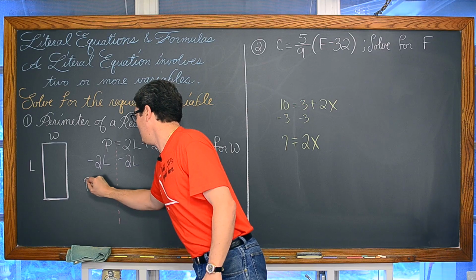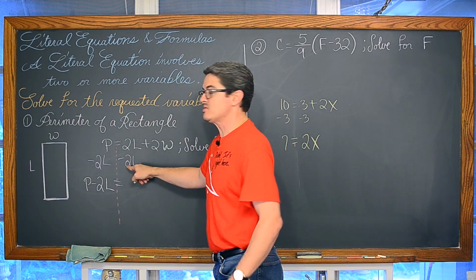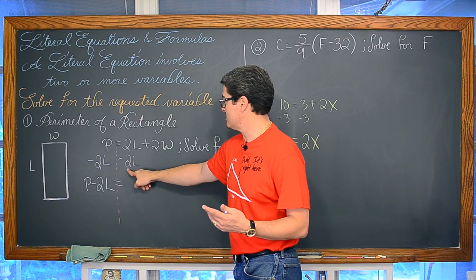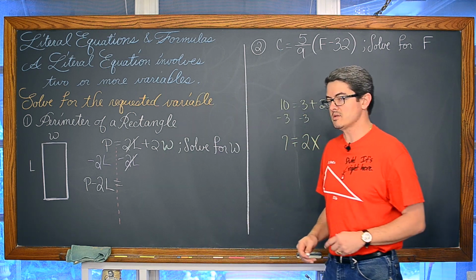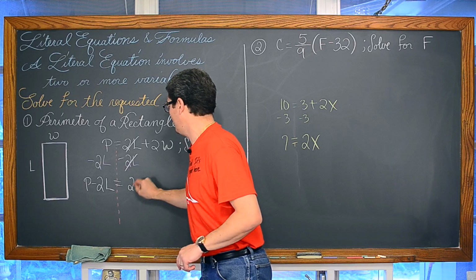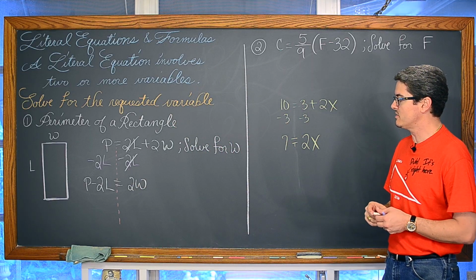So anyway, hopefully that allows me to say that subtraction. So we have P minus 2L is equal to, well, 2 minus 2 is 0, combining or subtracting those coefficients, and 0L is simply 0. Or that 2L is canceled out, if you will, because we've moved it to the left-hand side, and we have 2W. So again, now we have P minus 2L is equal to 2W.